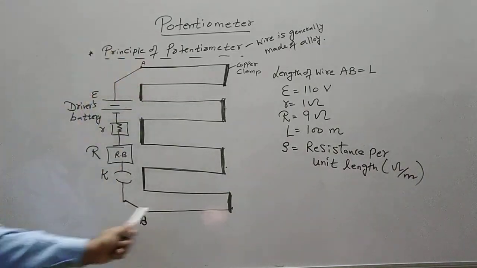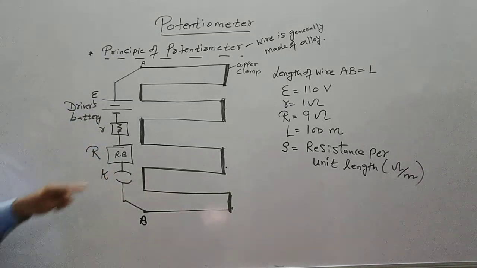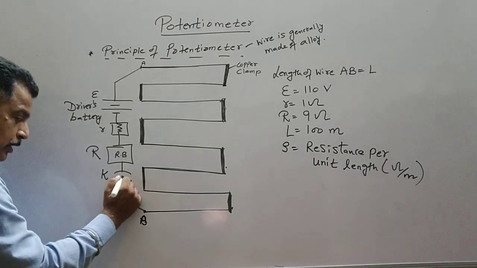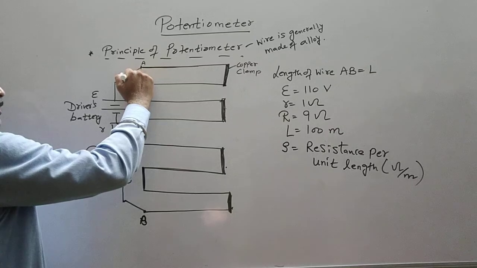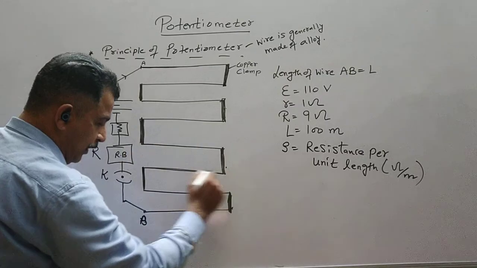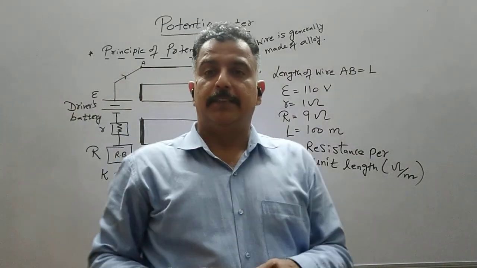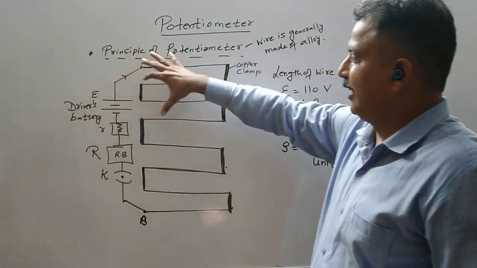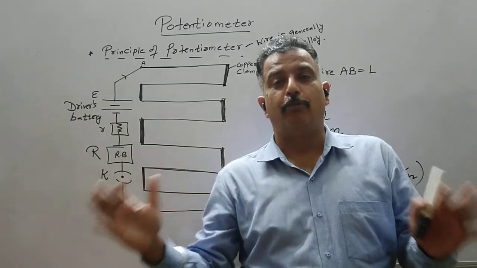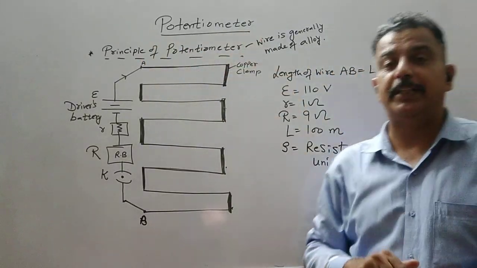Now this is an arrangement of the potentiometer. Suppose the key is closed. Now as soon as this key is closed, the current will start flowing through the positive terminal and then through this potentiometer wire. Now this entire potentiometer arrangement, these components are different things. This potentiometer wire is mounted on a wooden block, and below this wire we have a meter scale.